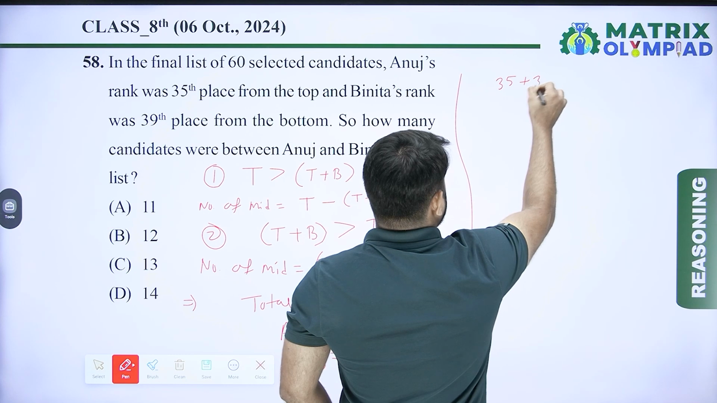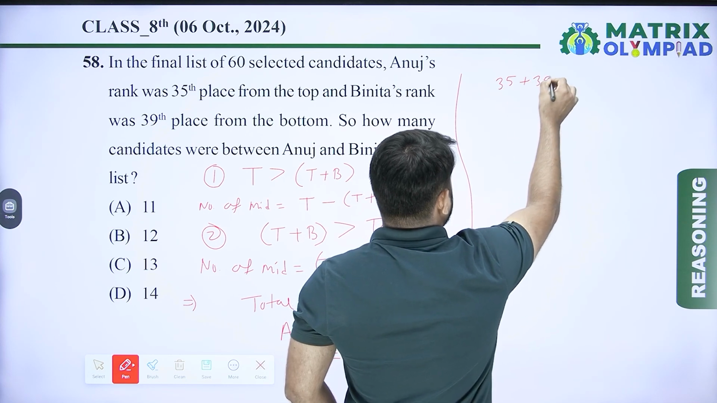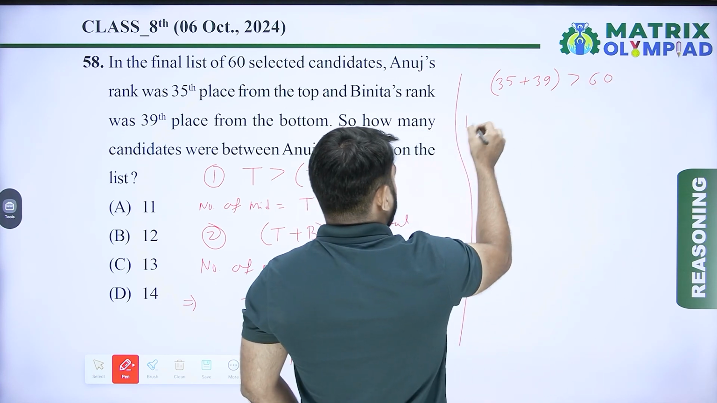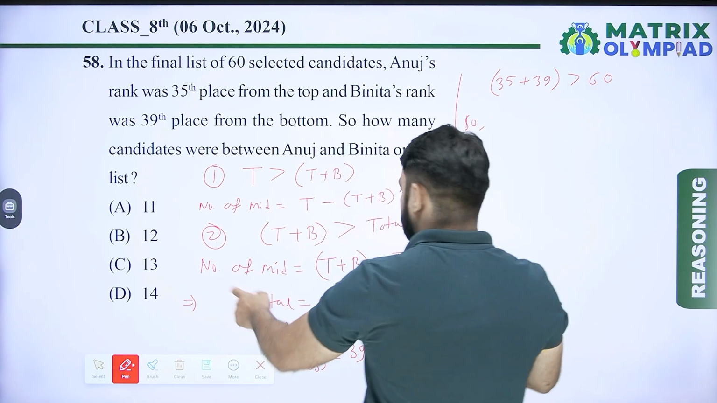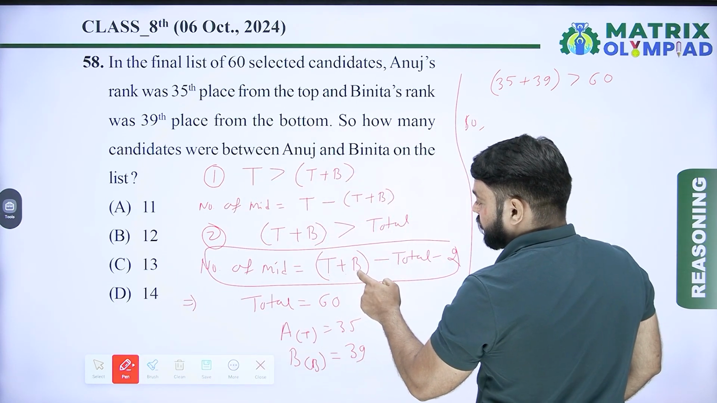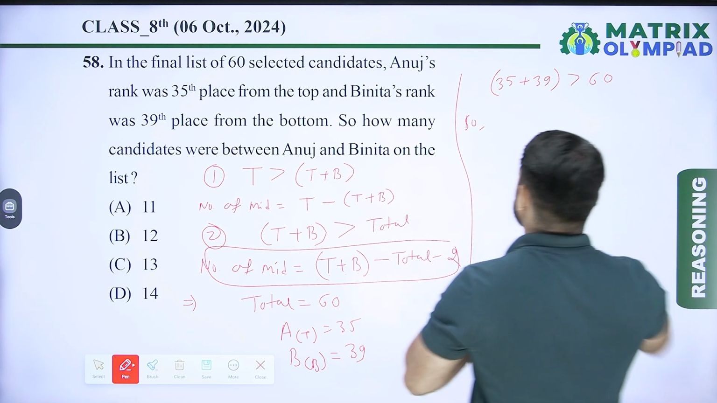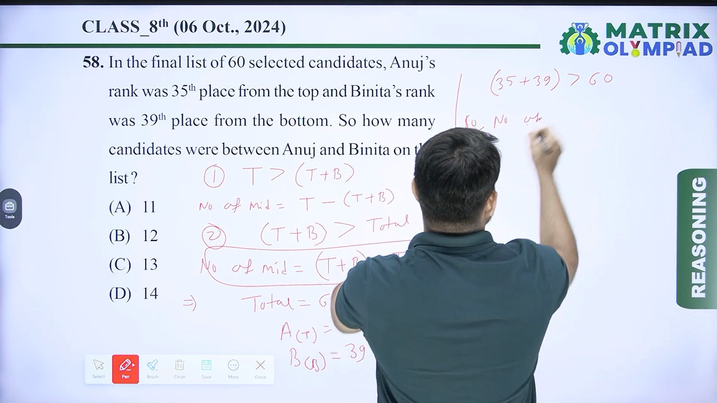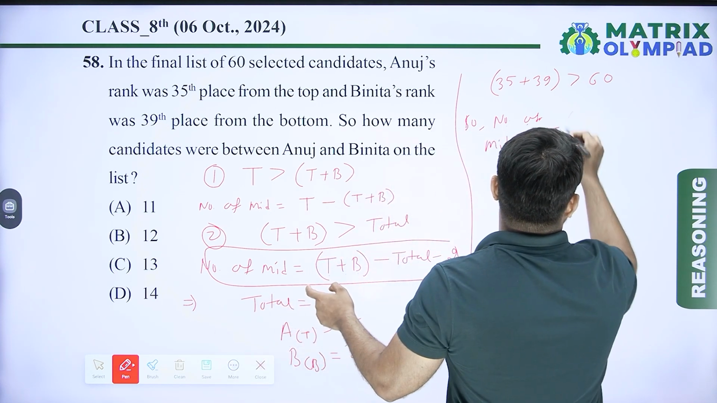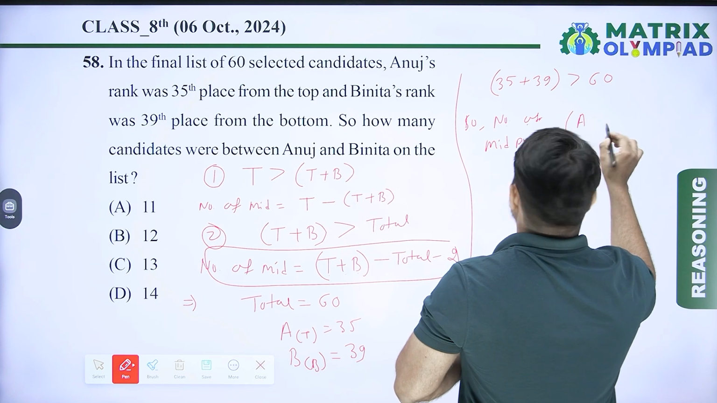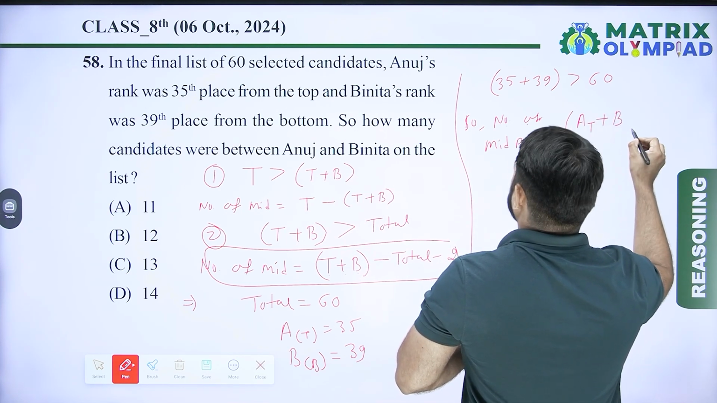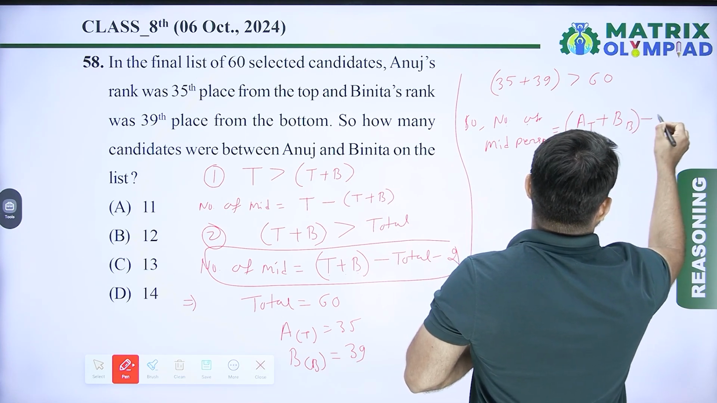Now here, 35 plus 39, top position plus bottom position, is greater than the total, which is 60. So the number of mid-persons is equal to the top position of Anuj plus the bottom position of Binita minus total minus 2. So the number of mid-persons is equal to